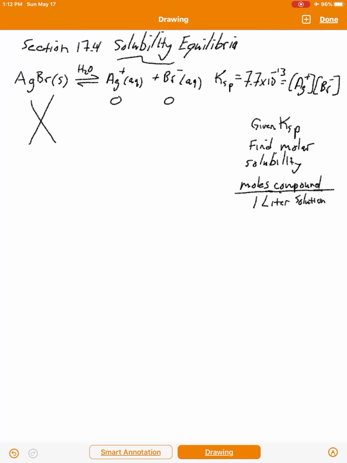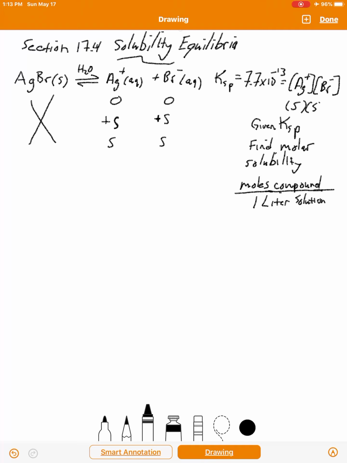So what we get is plus X. Actually, I'm going to try to be as consistent with your textbook as I can. Your textbook uses the symbol S for solubility. Okay, so I'll go ahead and use that as well. And the same would be true for the bromide. So at equilibrium, 0 plus S is S. 0 plus S is S. So at equilibrium, the concentration of silver is S, and the concentration of bromide ion is S,